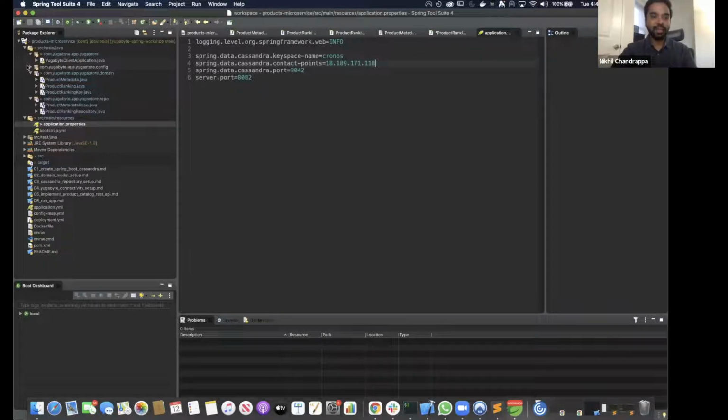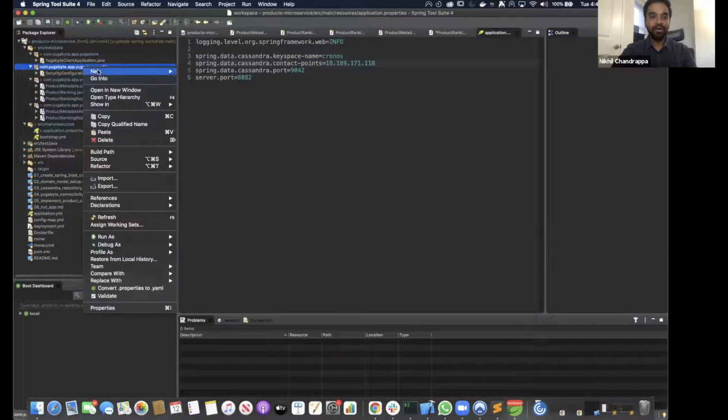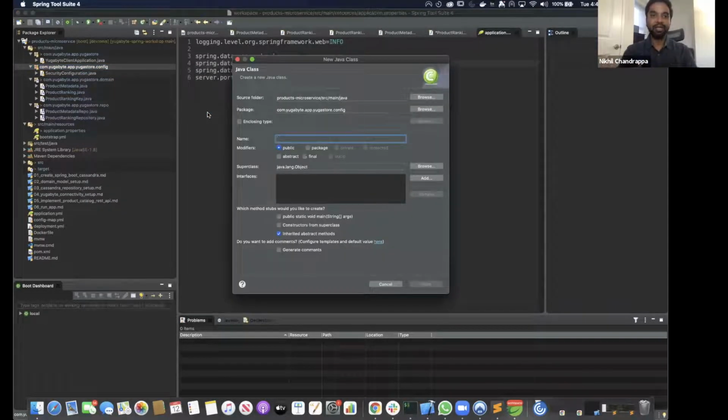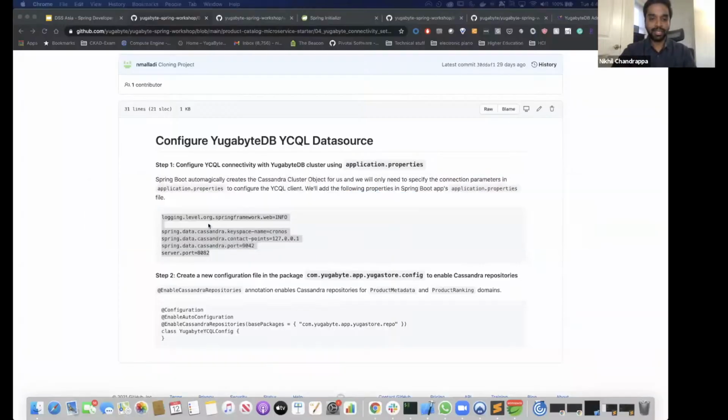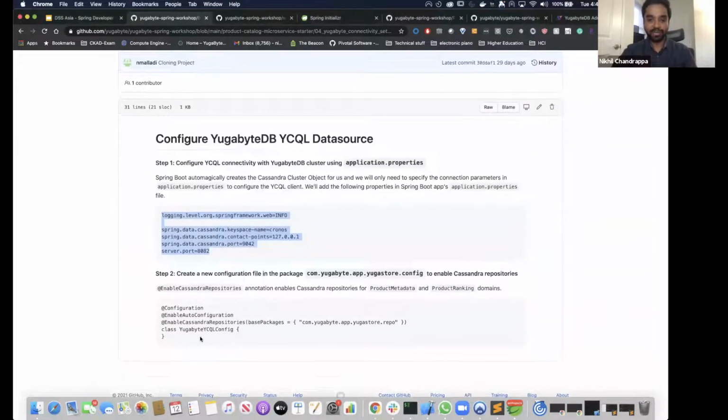Similar to that, I'll have to create the configuration so that I tell the repository to use this data source. That's our next step here, where I have to configure my Spring Boot application to enable Cassandra repositories. Let me go ahead and create a